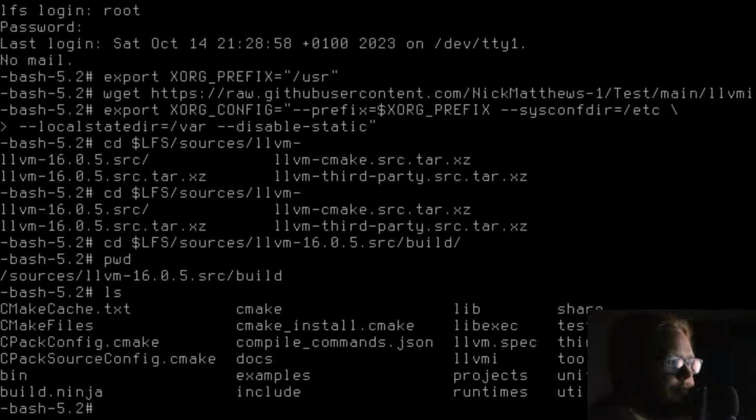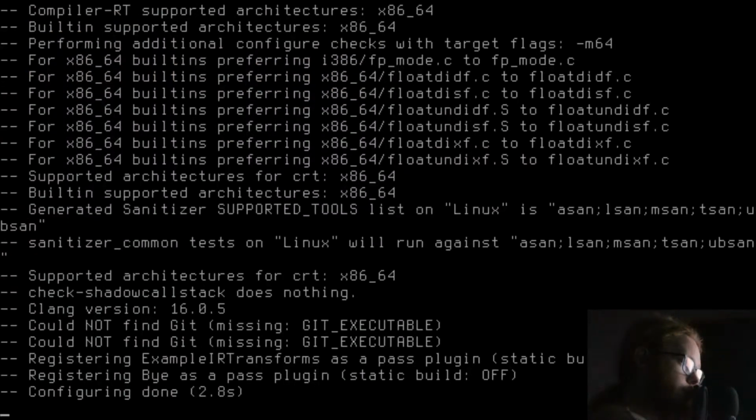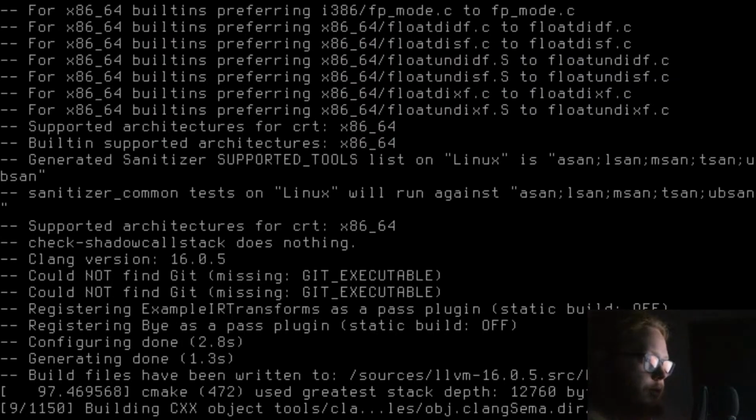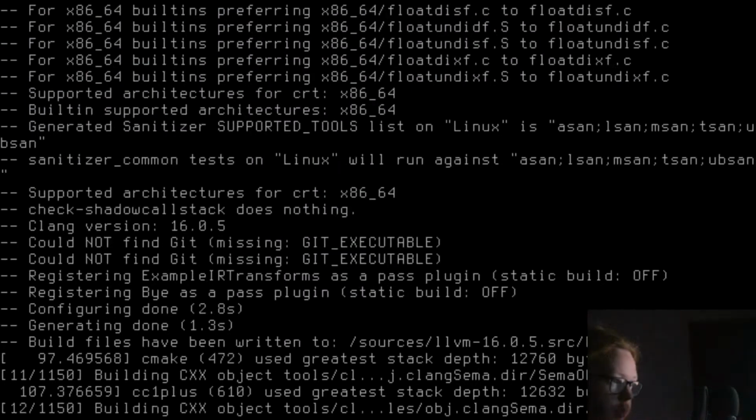Right. /LLVM. Hopefully, this just goes straight through. I hope it does, because I'm starting to get annoyed with this. Only got 1,150 items left to do, instead of the 4,000.